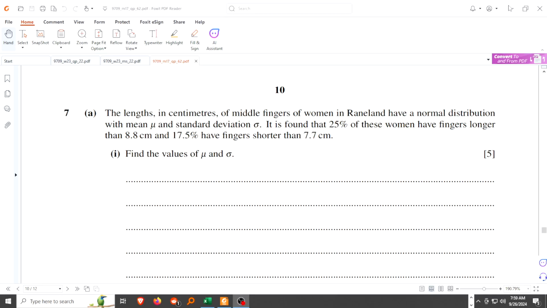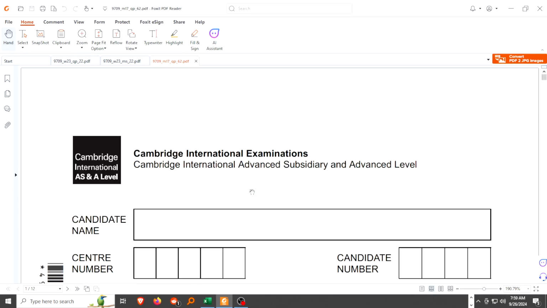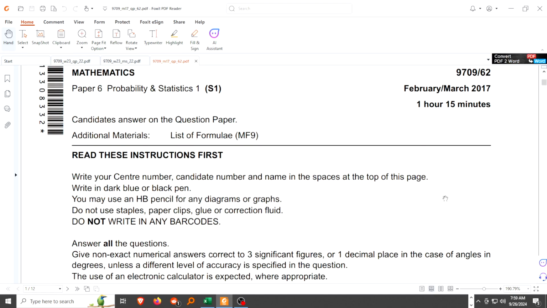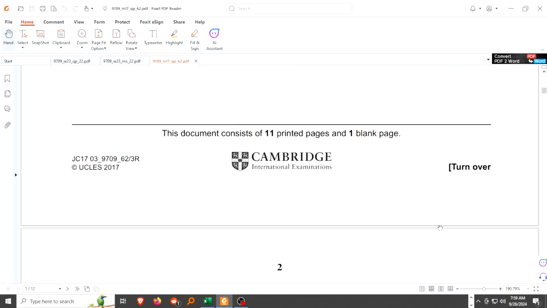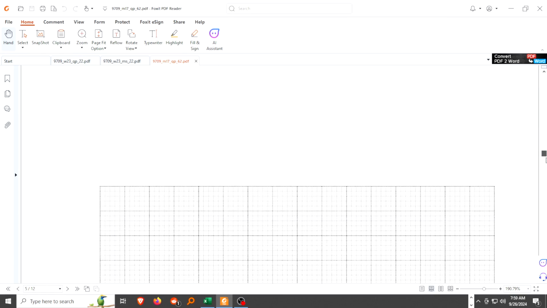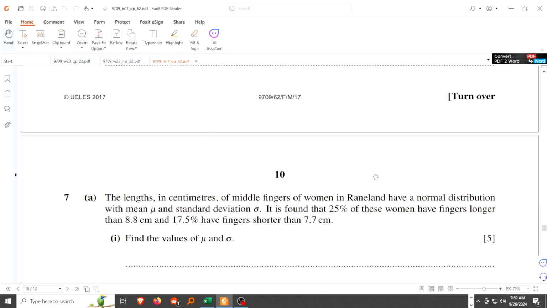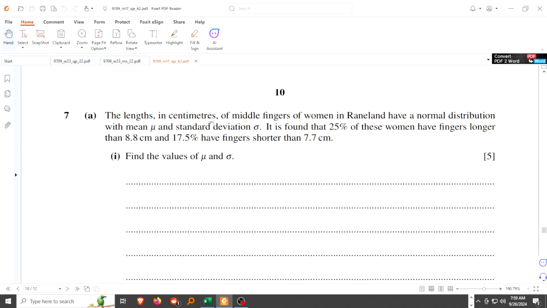Welcome again. The paper today that we want to look at is Cambridge International Examinations, the AS and A level Probability and Statistics 1, that is paper 6. The paper was taken in February/March 2017. The code is 9709/62. So the question of interest is question 7, which reads,